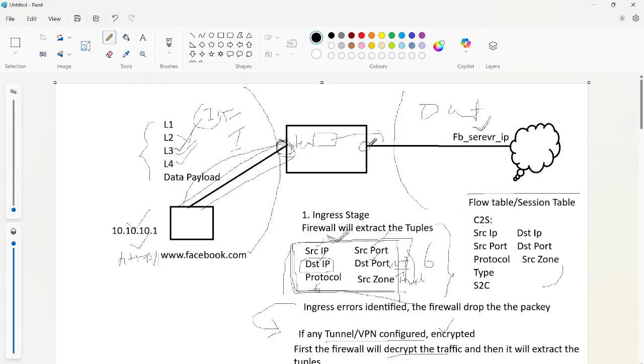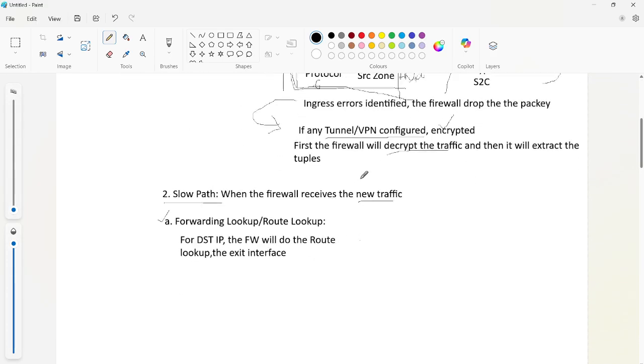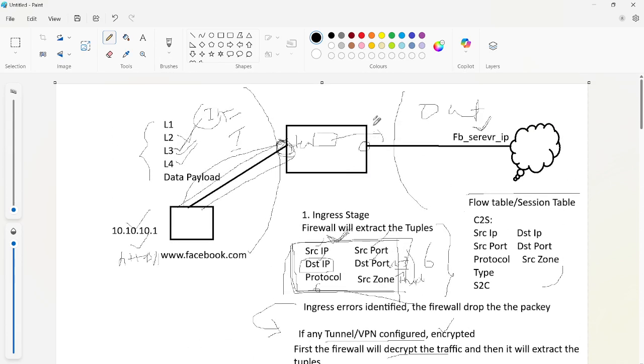From the forwarding lookup, apart from identifying the route to the destination, it will also extract the destination zone, which is the zone we configured where this exit interface lies. This exit interface lies in the outside zone.